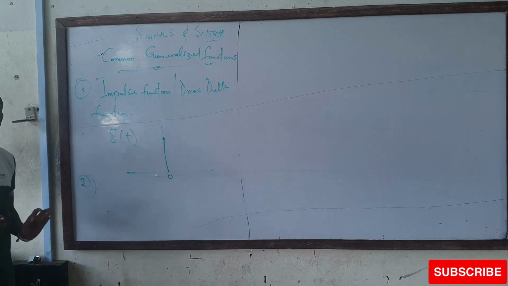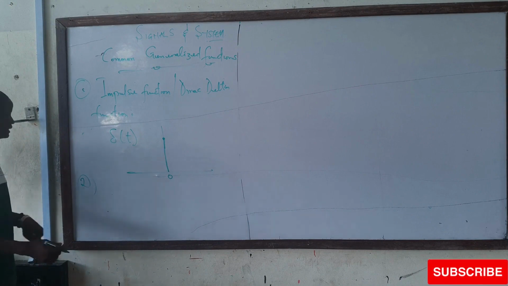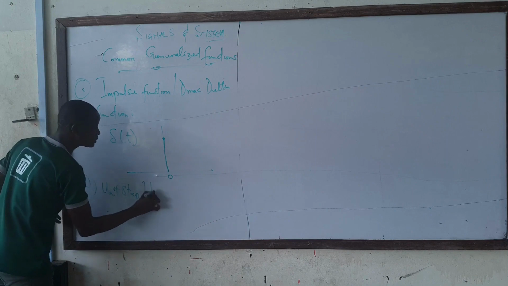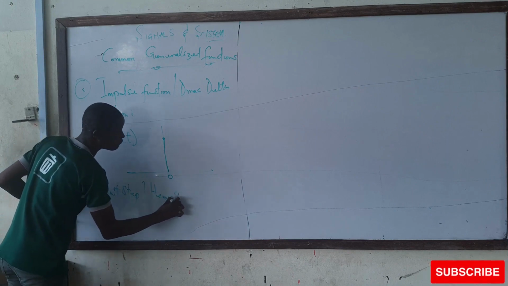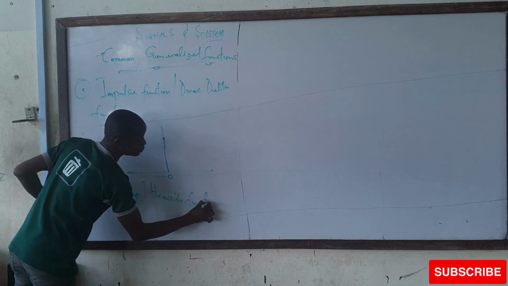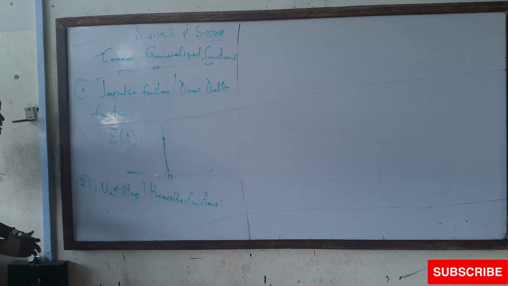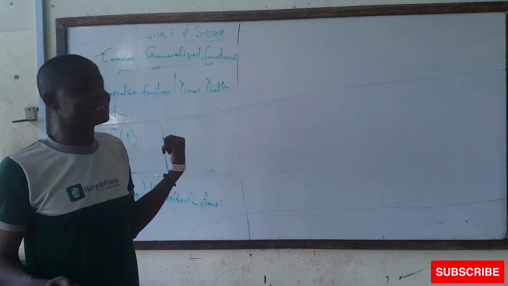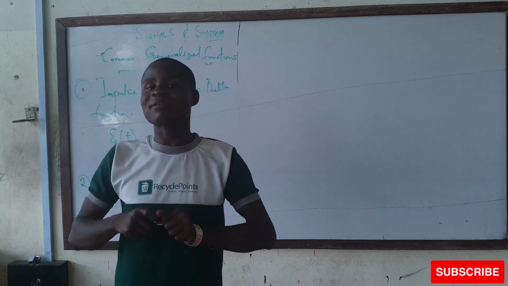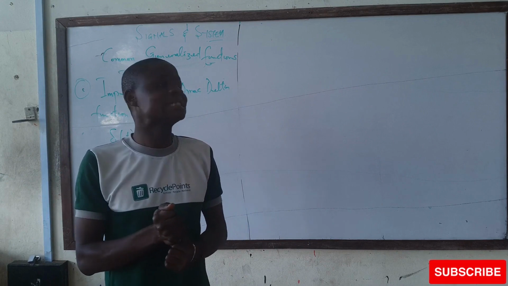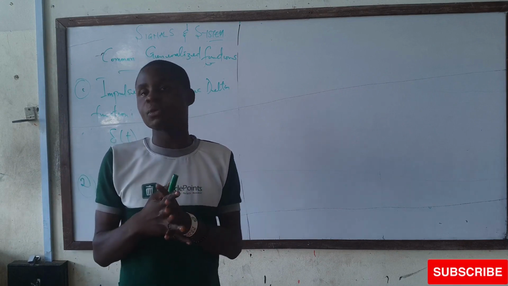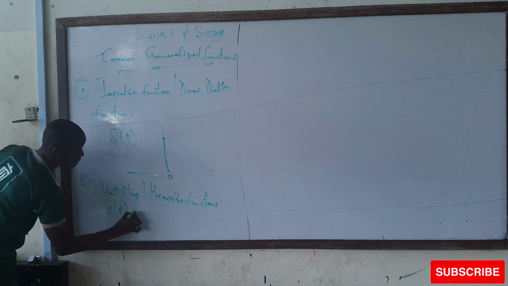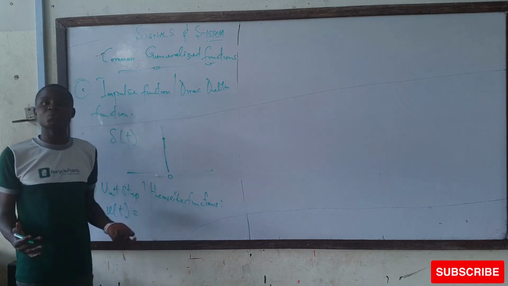Another function that is of interest and commonly used is the unit step function. Some people call it the Heaviside function. I want to believe that someone taking signals and systems as a course must have some mathematical background. So, I was saying the unit step function u of t is actually something we can call a piecewise function.